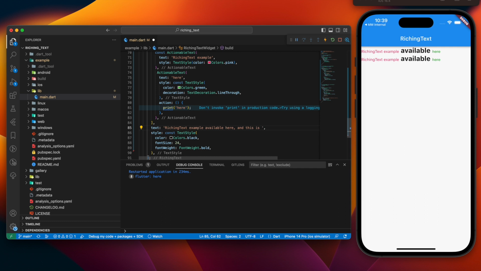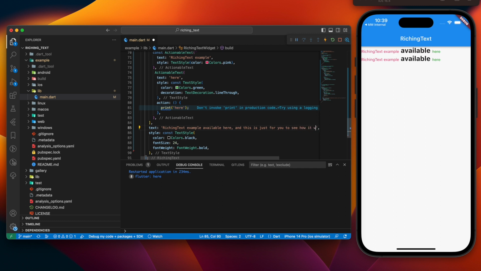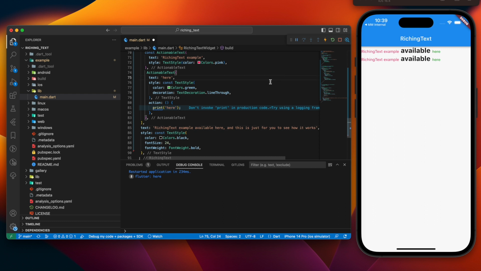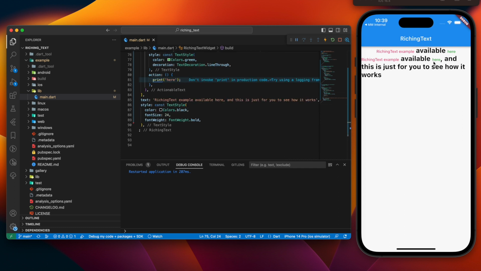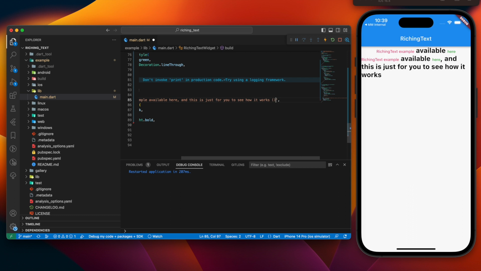This is just for you to see how it works. Okay, let's refresh. And you can see now that we have the whole phrase. Of course, we can highlight multiple instances of the same word or phrase. So for example, if I put the word here, you will see that it will be applied the same,